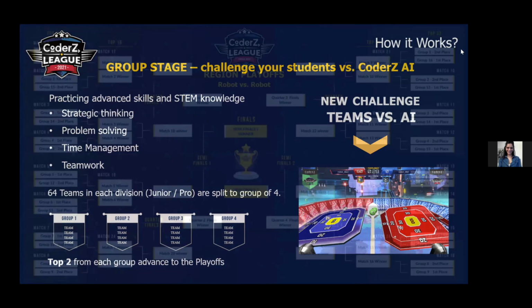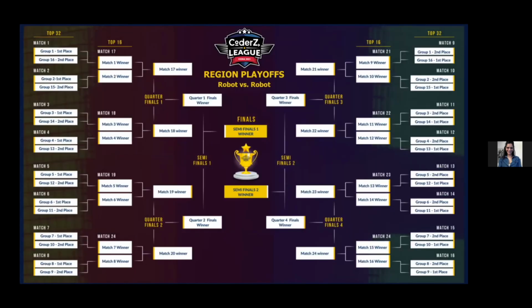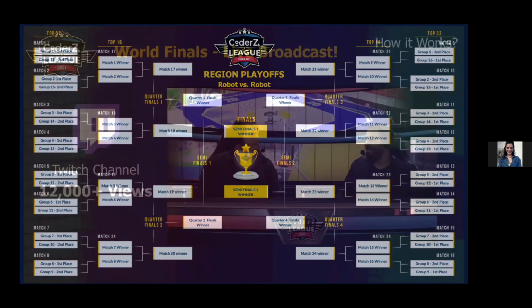And like in any sport, this is how the playoffs look. We will assign teams to play with each other, and they will start from the first round until the finals of Hong Kong, both for the junior division and for the pro division. At this stage, we will announce the winning team of Hong Kong, and these teams will advance to the world finals, where they will compete with all the other teams, the winning teams from across the globe. We are going to broadcast it live, and I can assure you that both parents and teachers join this session to watch the kids' robots succeeding in this great event.